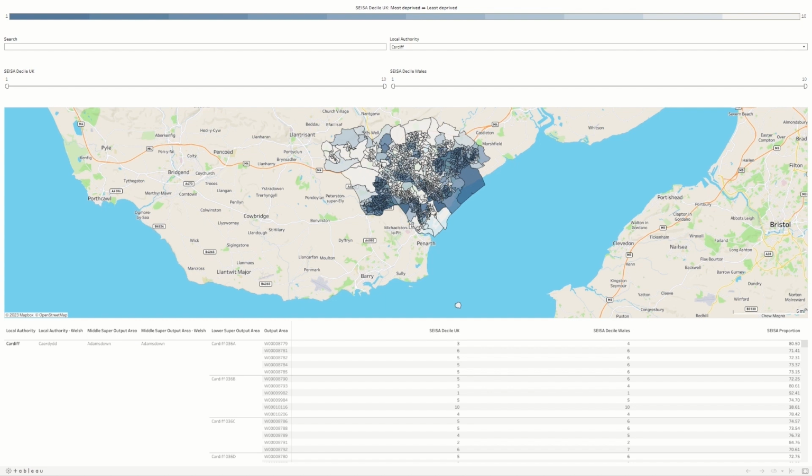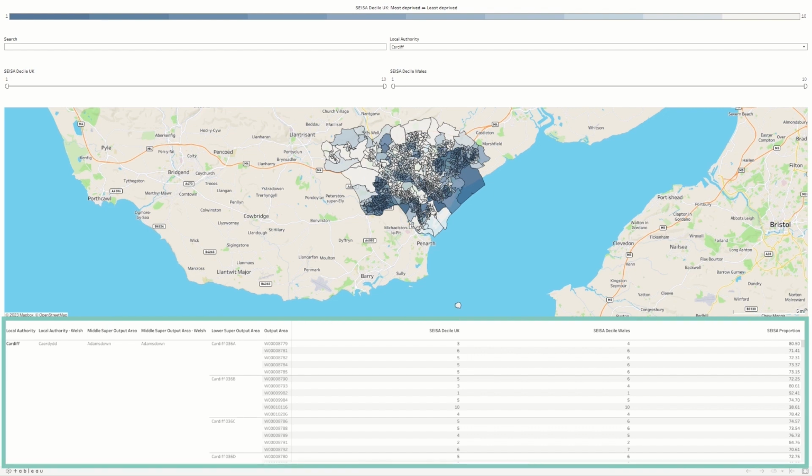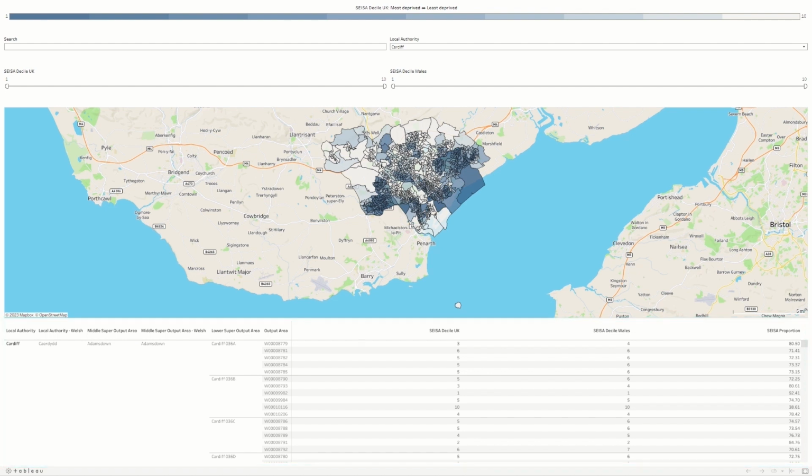Looking at the dashboard, there are 7 distinct elements. There is the interactive map here, there is a table displaying all the geographical area types, the UK-wide and country-specific CISA decile, and the CISA proportion.